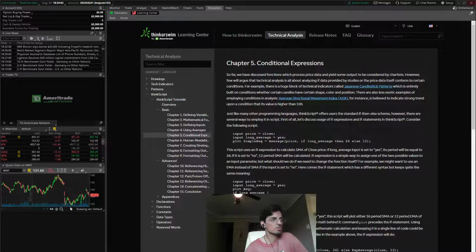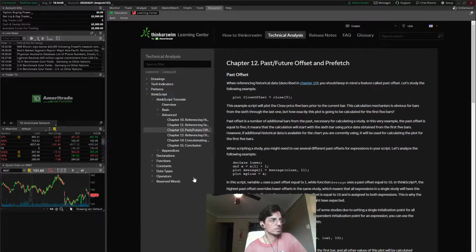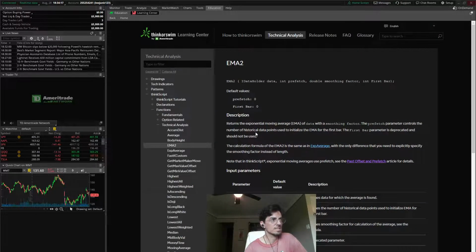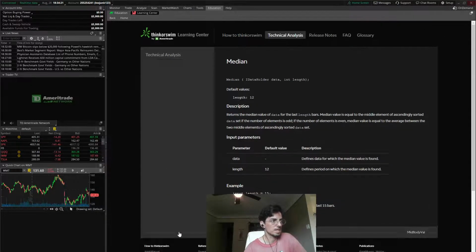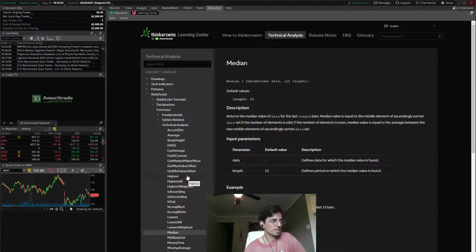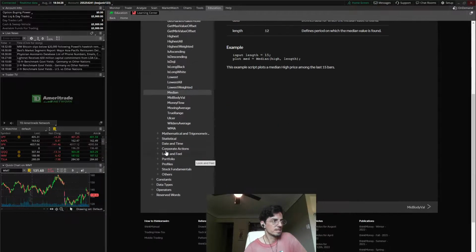You can also do analysis of how your algorithm would work over past data, which is really interesting. Functions, technical analysis. It explains to you what all these things are, like EMA2. How's that different from EMA? What's median? What is...